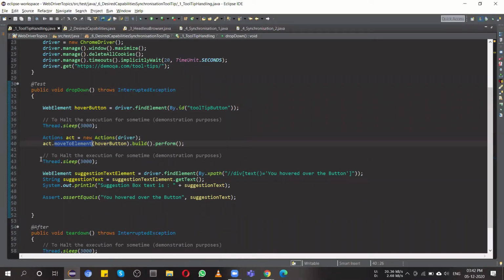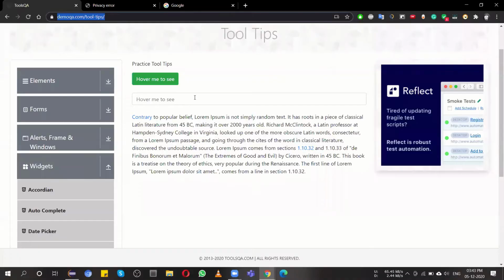Then just to see the execution in a slower fashion, I add Thread.sleep of 300 milliseconds. Then I find the XPath, as I told you how to find it.